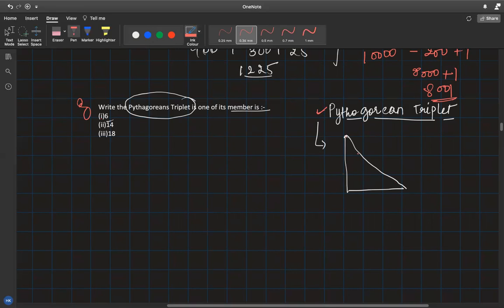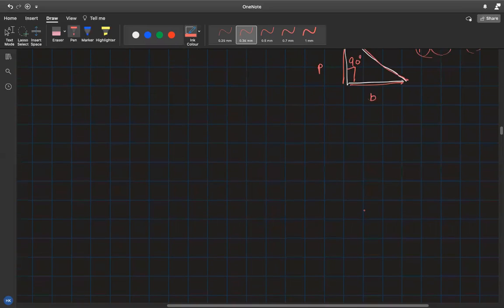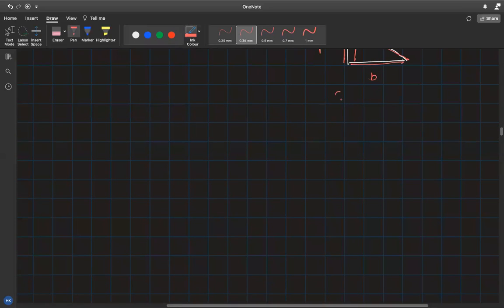So when you have a triangle which is 90 degrees, the triangle has to be 90 degrees. This is the hypotenuse, this is the base, and this is the perpendicular. So this says that perpendicular square plus base square is equal to hypotenuse square. This is how you find it if maybe your base is missing, your perpendicular is missing, or your hypotenuse is missing. But here, in the terms of square and square roots,